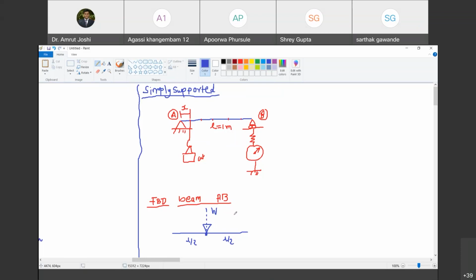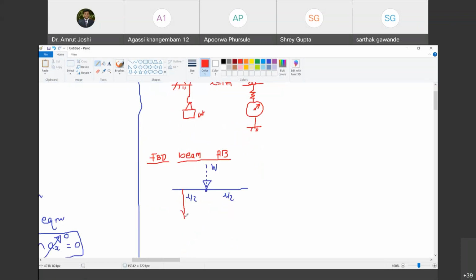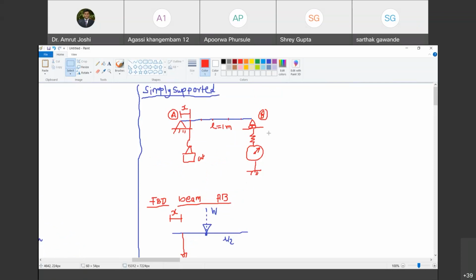Yes, sir. Okay, so I have freed this beam from Earth, and I did show what the Earth must have been doing. What else is external? Is this W external to the beam? Yes, of course. So I need to show this W as well. So I'm going to show this W here. Happy? Yes, sir. And at what distance does it act? It acts at a distance X. So that needs to be shown. So I have shown that. Happy? Yes, sir. Now I will show only this L by 2, so there is no confusion. If that is L by 2, remaining portion is L by 2. Understood? Happy? Yes, sir.